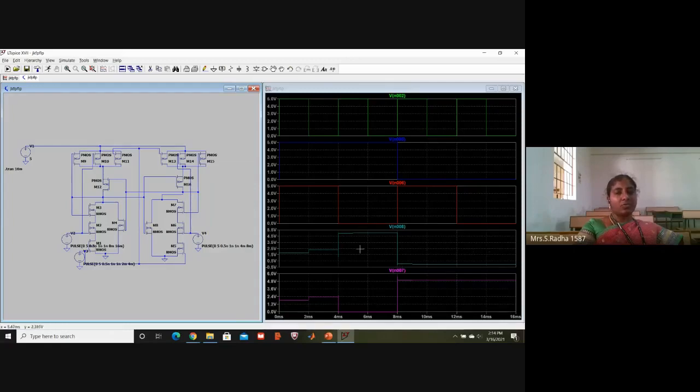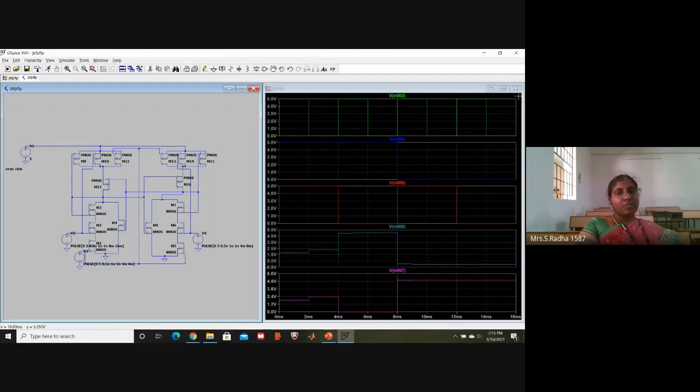So this is Q bar. Whenever Q is 1, Q bar is 0. Whenever Q is 0, Q bar is 1. Okay. So this analysis will be proper only when you give the J value 0 followed by 5 as the height. Initially 1 if you are taking, this analysis will be easy for understanding. K value also 0 followed by 5, which means the initial combination will be 1 1. That analysis will come clear.